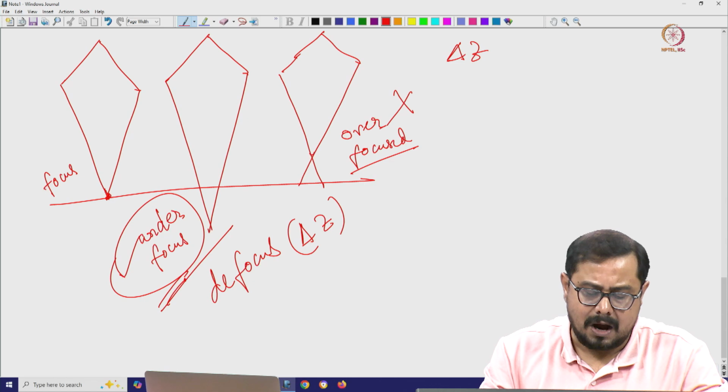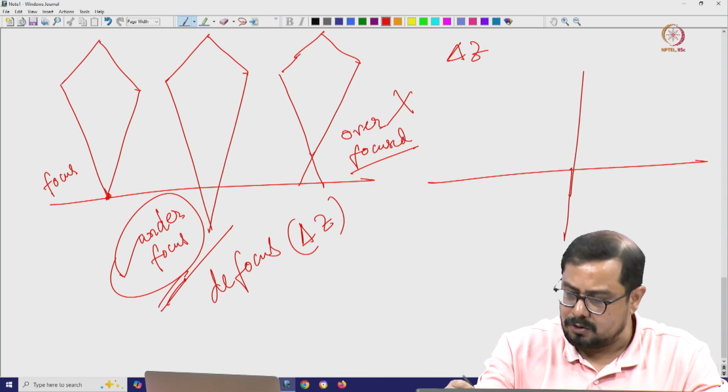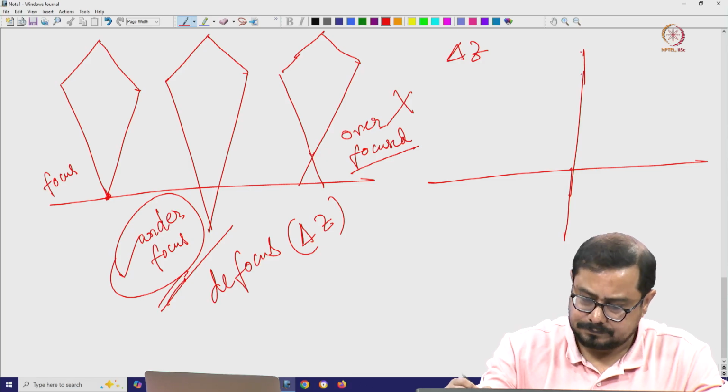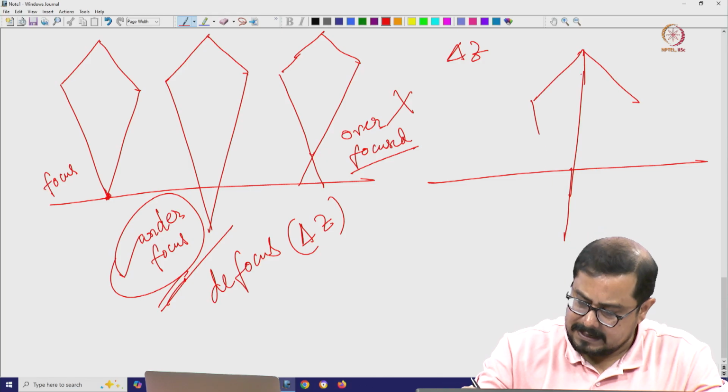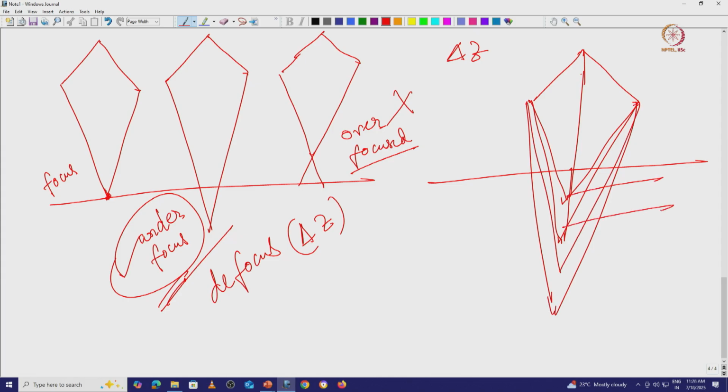Now, how is this defocus value affecting it? If we just consider that this is your optical axis and the beam is going, so if this is the sample, after interacting it can converge here, or here, or here, or somewhere here. So here you can see those are all different defocus values. Delta z is changing. So we are using different kinds of minus delta z values, which change the converging point of imaging.